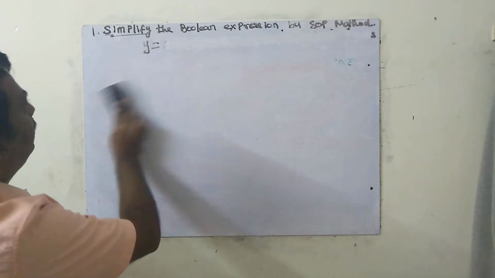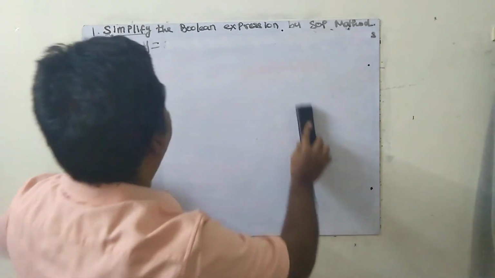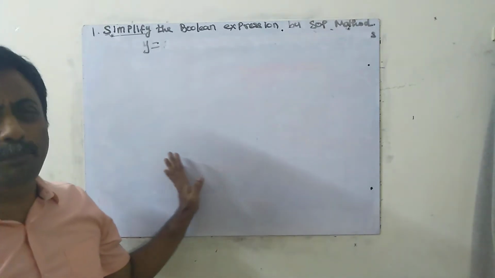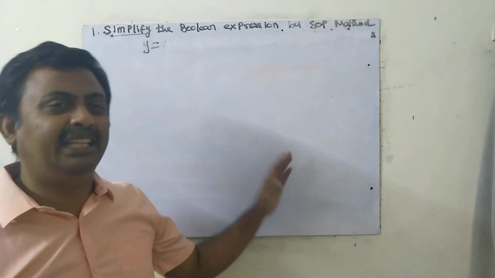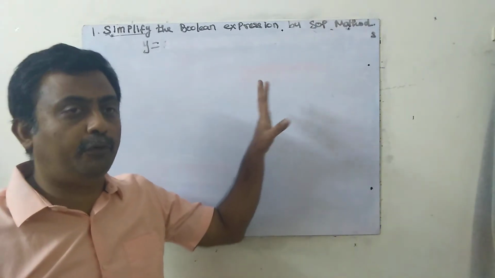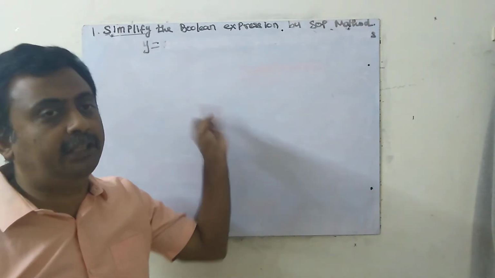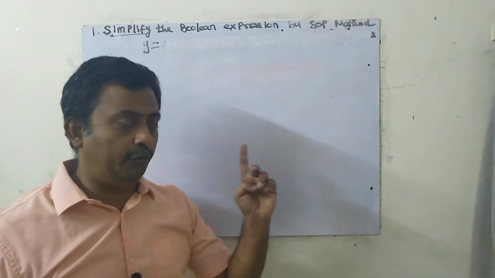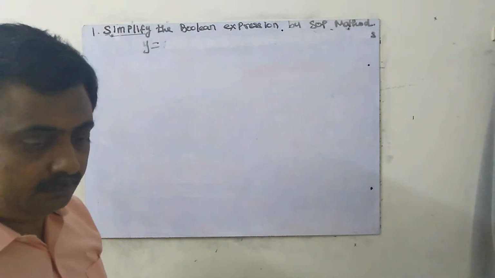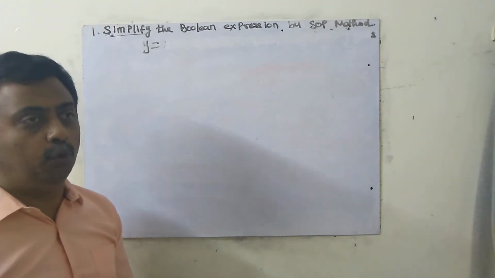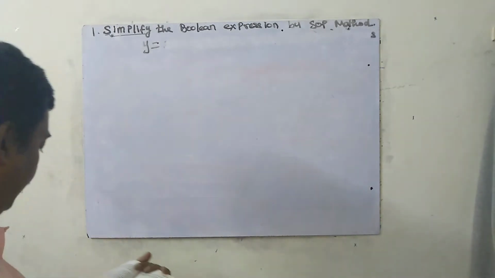Same 4 variable only. Simplify the Boolean expression by SOP form only. All the problems we are seeing are 4 variable; 3 variable is very simple. Next we will solve 5 variable. Before that, first 4 variable with don't care. In the next video I will show you 5 variable and 5 variable with don't care. I have already informed you to use any one basic digital book. Book is very essential.